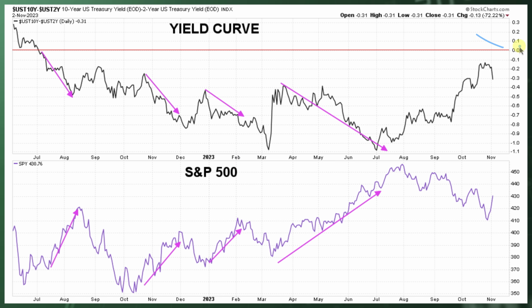Somebody reached out in the comment section and said, well, is that even going to be bearish this time? Well, I don't know, but if you look throughout history, it has been bearish, so it doesn't require immediate action, but at least it provides us with some sort of caution where we're not going to get caught off guard. If something bad does take place, we're not going to be like, oh, what just happened here? At least you'll have an idea of how to prepare for when we eventually, in time, uninvert, which will happen